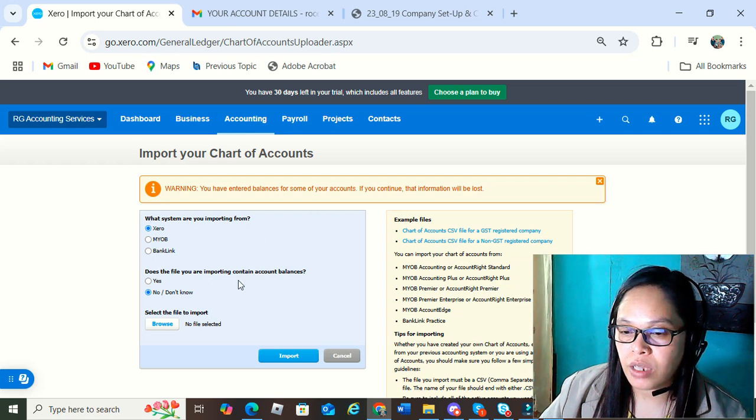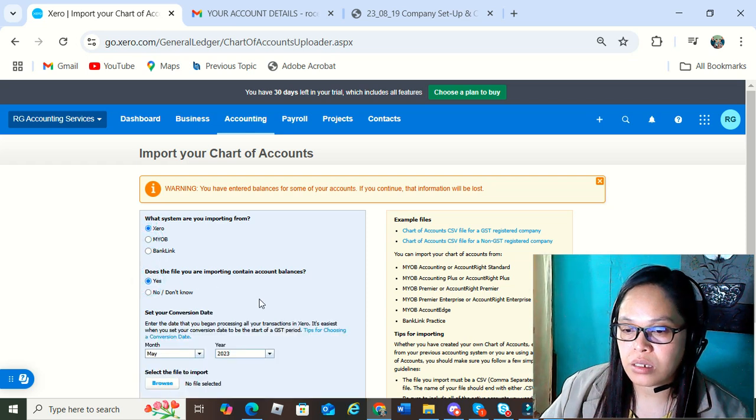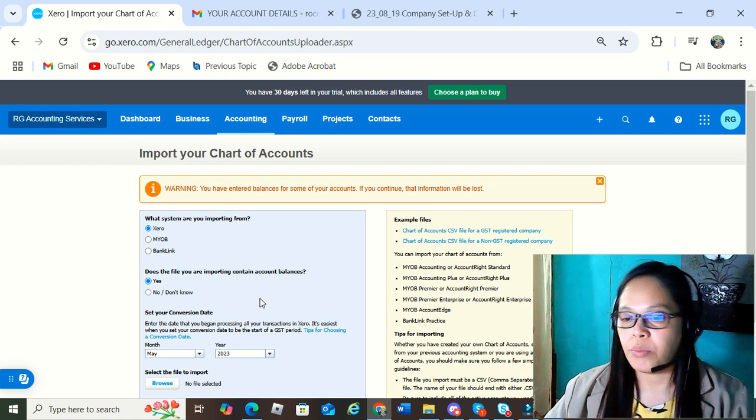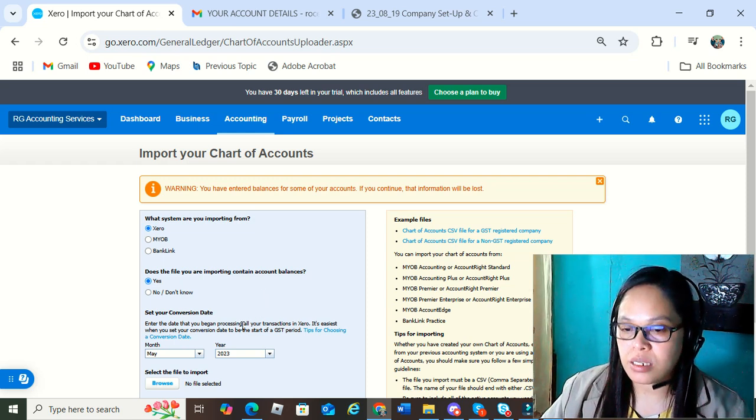Then does the file you are importing contain account balances? So you may click zero, then yes, since the account that you are going to import contain account balances.